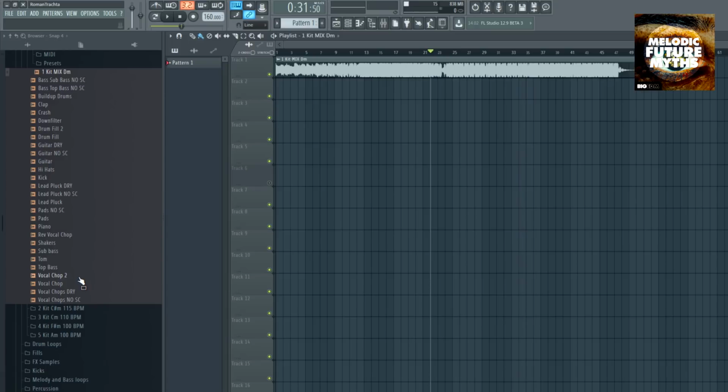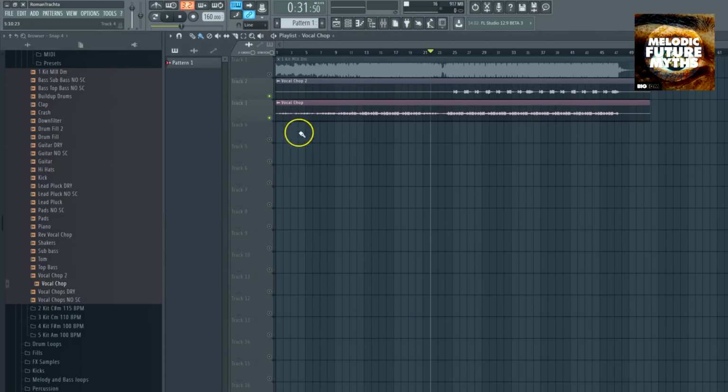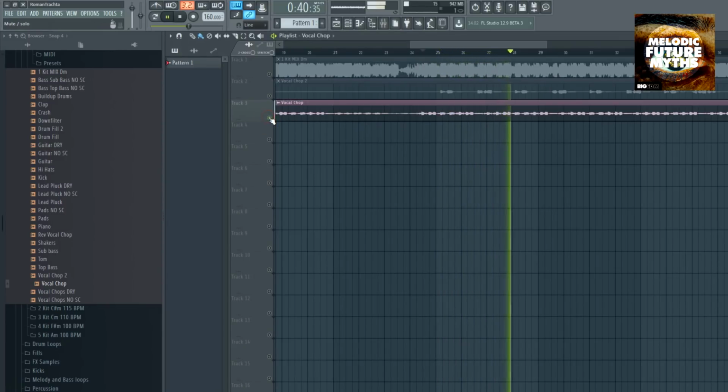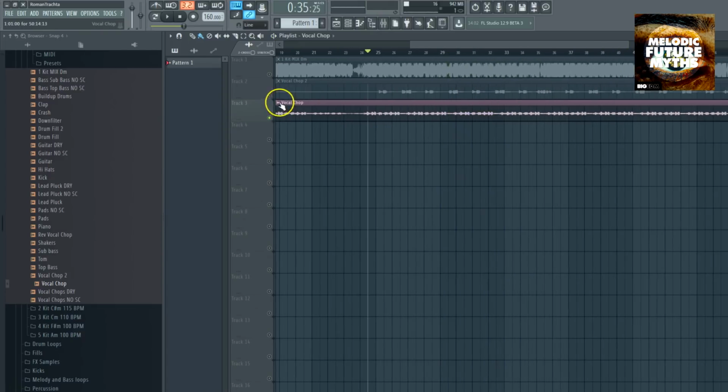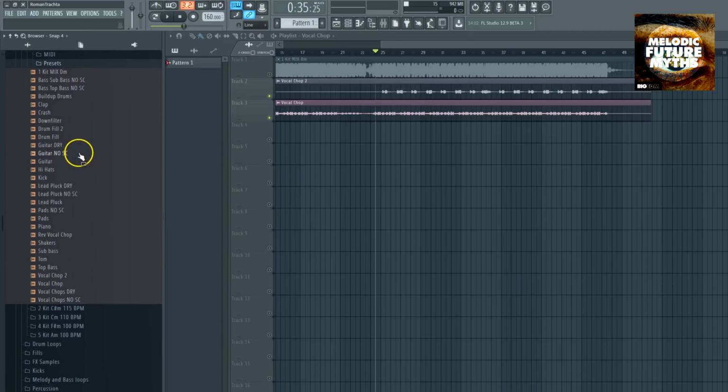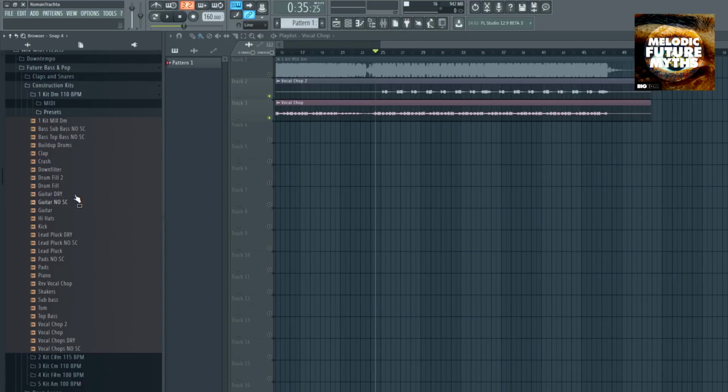So as you can hear, this particular construction kit is based on some really cool vocal chops in the drop. So here we can just drag and drop the vocal chops into your playlist like this. And you can use only these two parts or one of it if you want. You can even get the midis for the vocal chops, and here you'll find all of the presets used inside the construction kits. All of the stems are, or not all of the stems, but the main melody stems are delivered in dry versions and in non-sidechain versions as well, just to